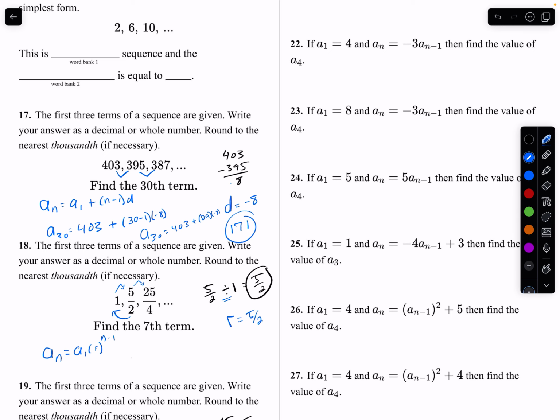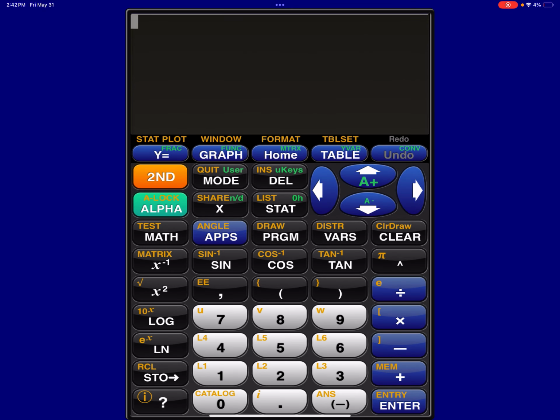So if I want to find the 7th term, I take the first term, 1, the ratio is 5/2, and then I raise it to the 7 minus 1 power. So in my calculator, I would say the 7th term is 1 times 5 divided by 2 raised to the 6th power. Now, you don't need the 1, but let's just put it in there anyways. So 1 times 5/2 raised to the 6th power gives me an answer of